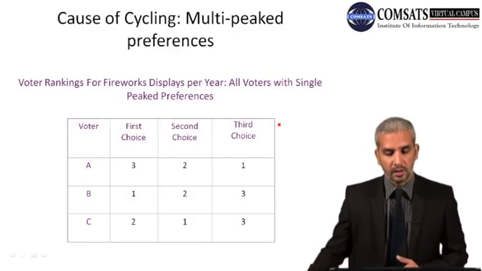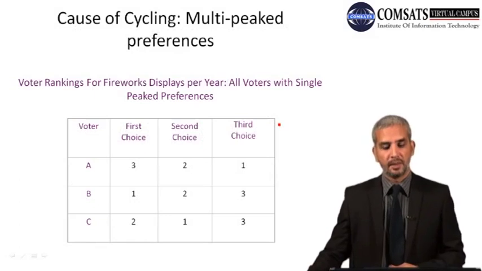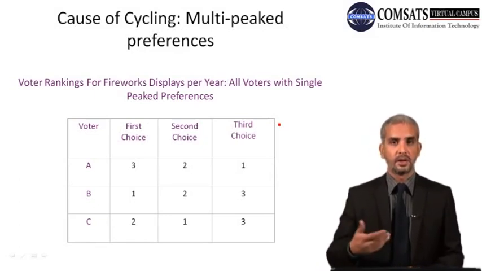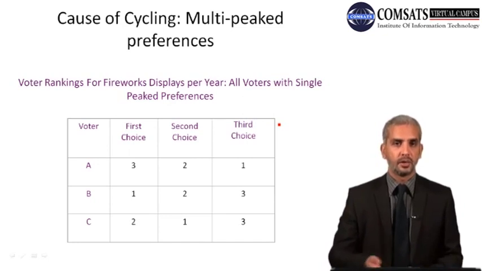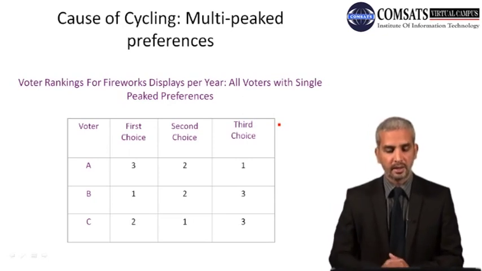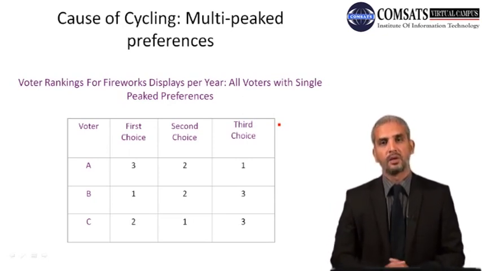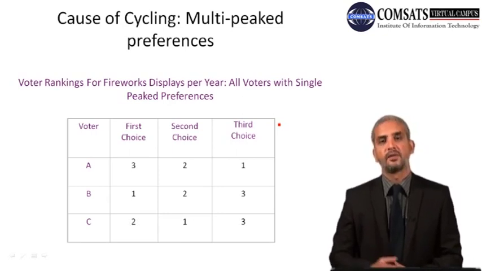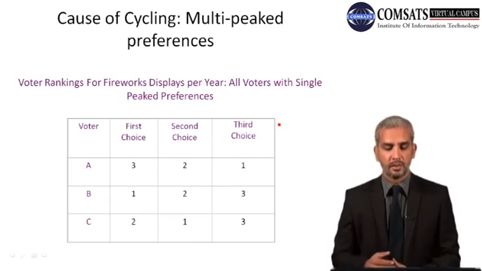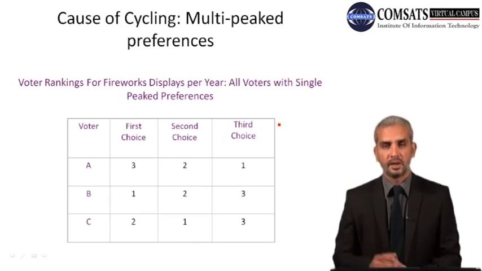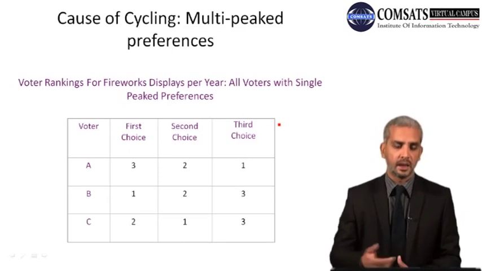What would be the cause of those cycling multiple peak equilibria? Cycling would mean repetition of the same choices again and again and the same voting order, but the result would be arbitrary. Now in that case, what would be the cause of the cycling phenomenon basically? Basically the cause of the cycling phenomenon was the multi-peak preferences of the individual B, as I highlighted earlier.